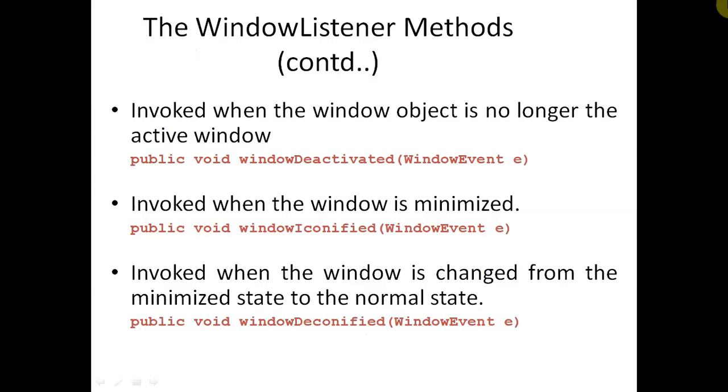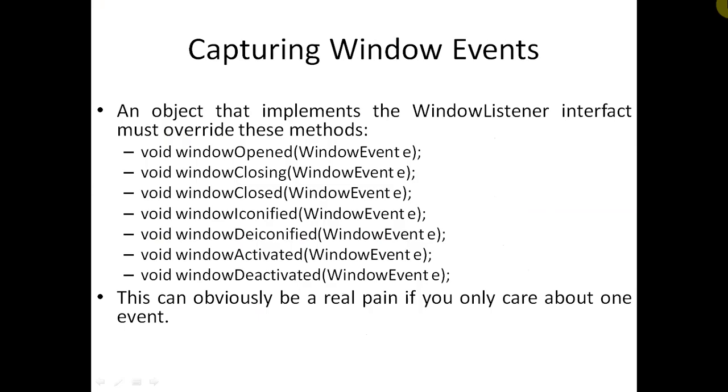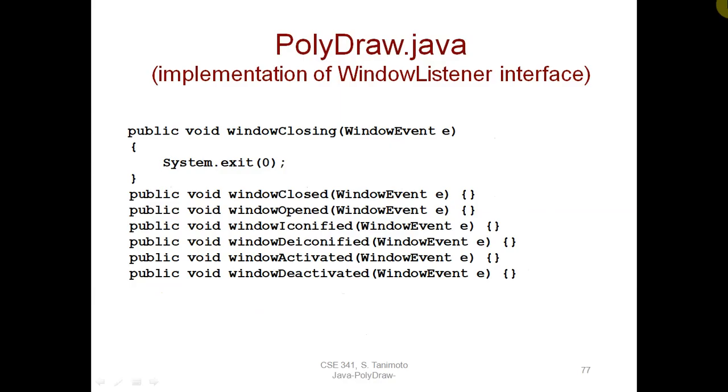In the previous class we studied the window event. In case of the window event, we have different listeners. In case of the window listener we have different events like window closing, window closed, window opened, window iconified, window deiconified, window activated, window deactivated. Iconified means the window is minimized, and deiconified means it returns to the normal size. Activated is when we are activating the window, and deactivated when we are deactivating the window.